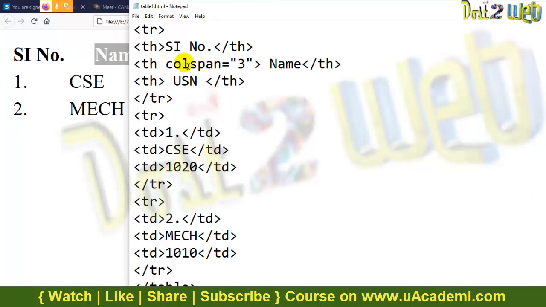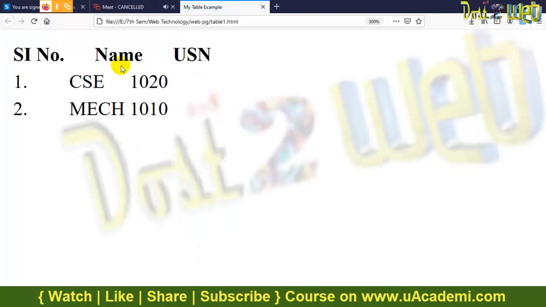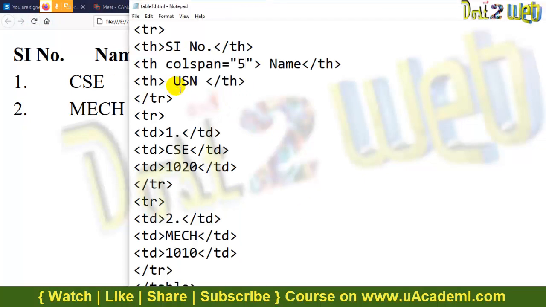So we have used the column span with colspan and 3. If you give 5 here, save it, you will see the difference. Now suppose I want the row to be expanded, right? Then how can you do it? Then in the table data, which table data do you want to increase?